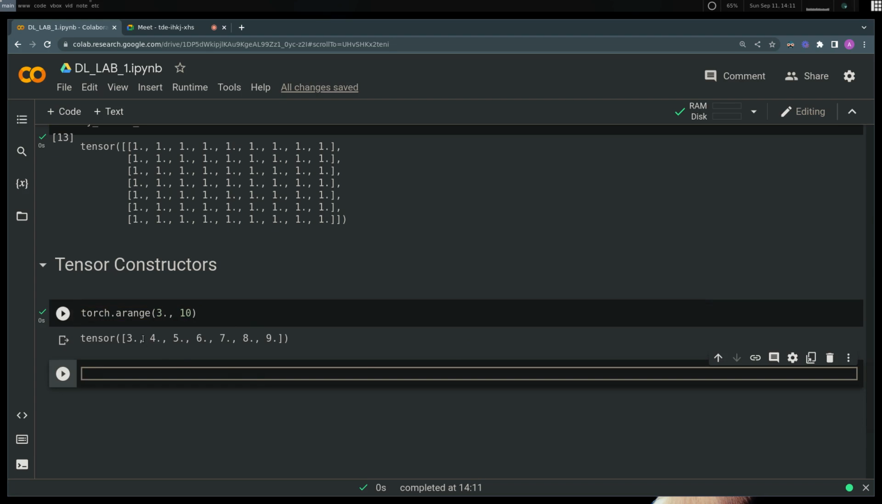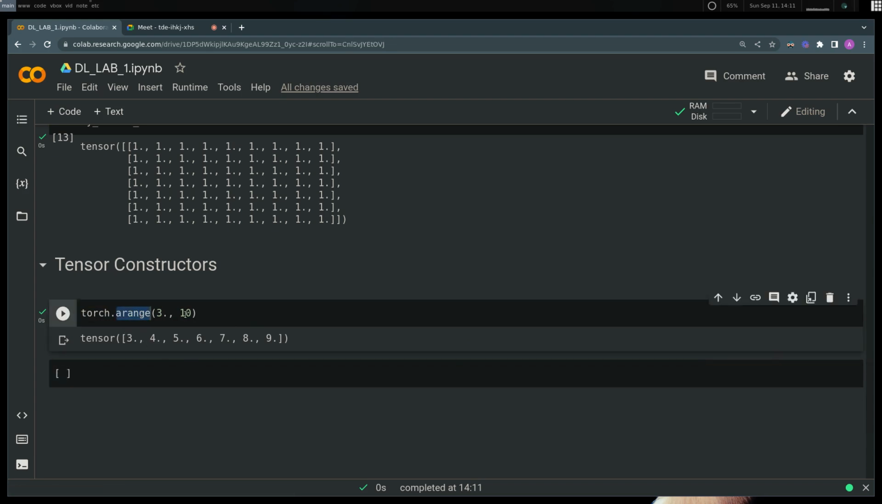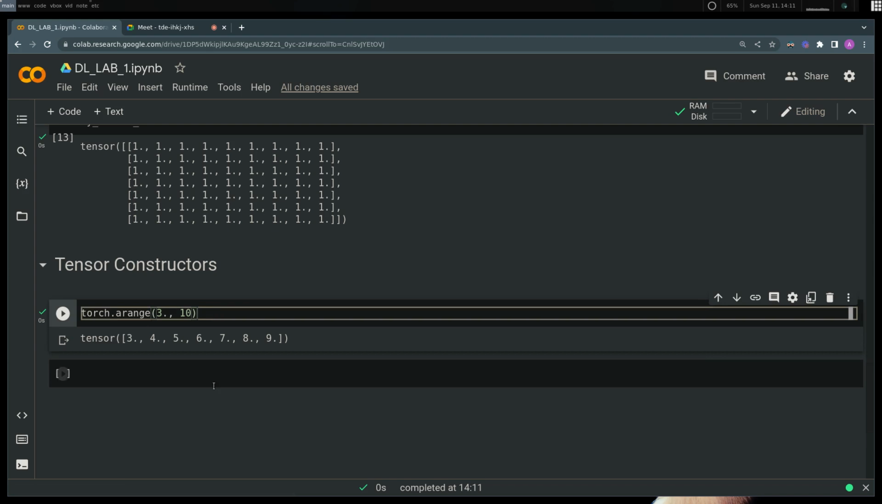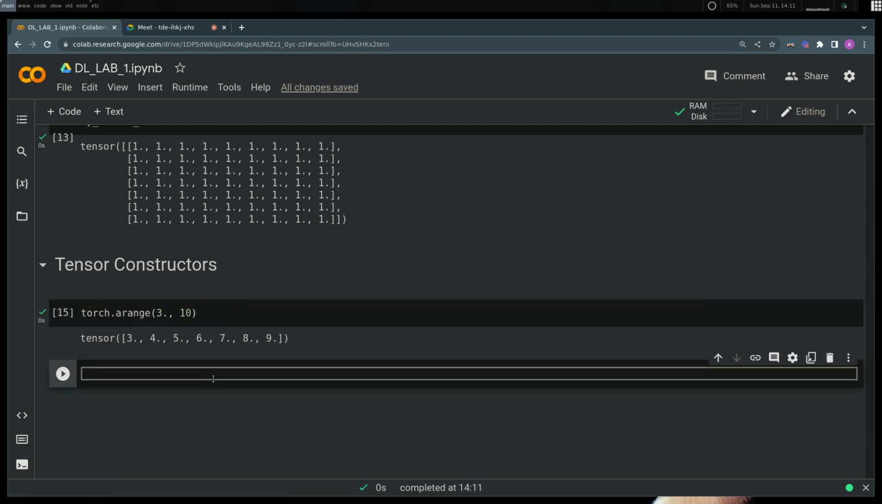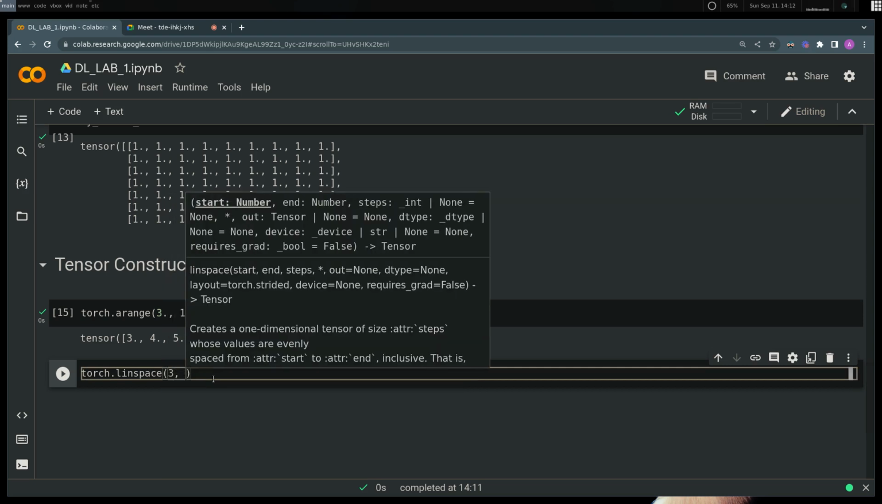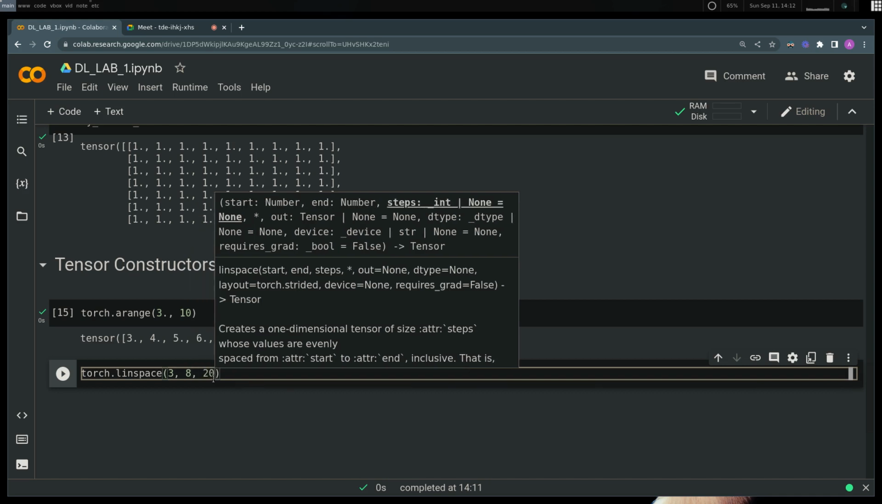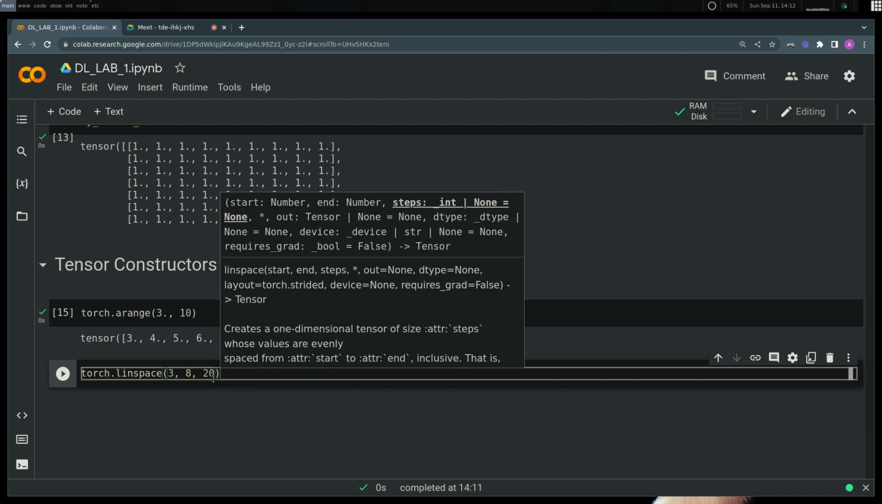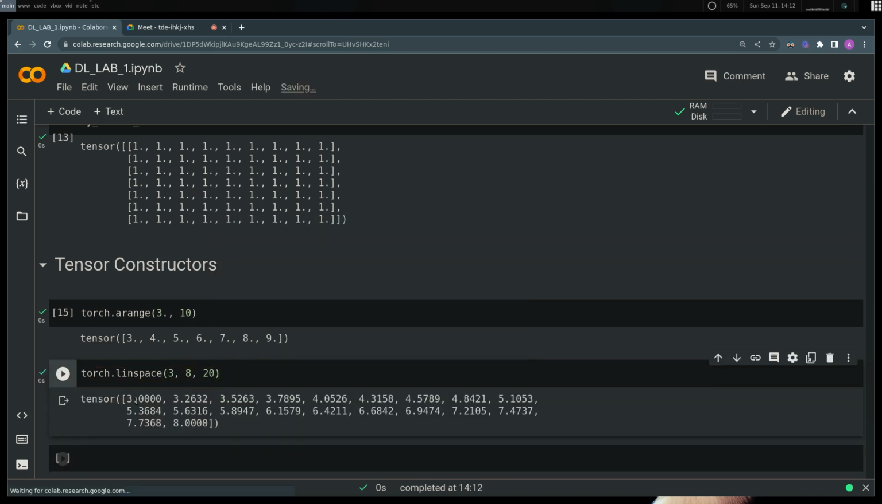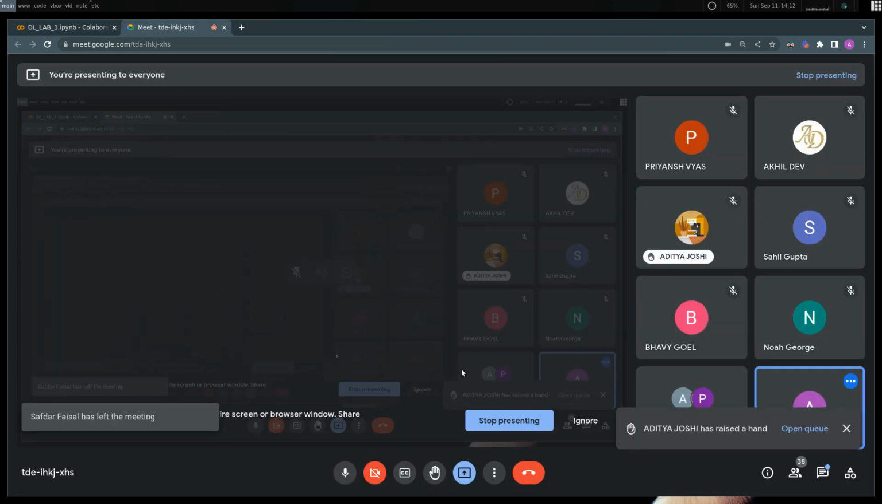So you can see here that you made a tensor using a constructor, and similar to this, there are many kinds of constructors. If you want to get an equally distributed tensor between two values, there's something called torch.linspace. Say you want to start at 3, go till 8, and you want 20 values equally distributed between them. You can use this and it will give you that. It starts at 3, it goes till 8, and there are